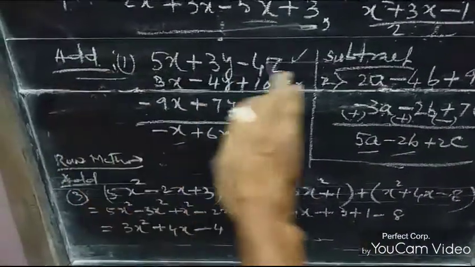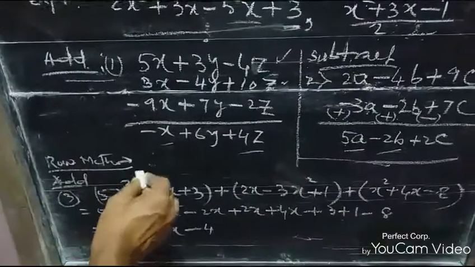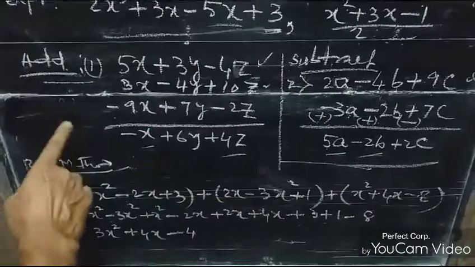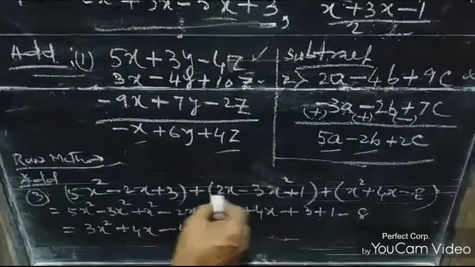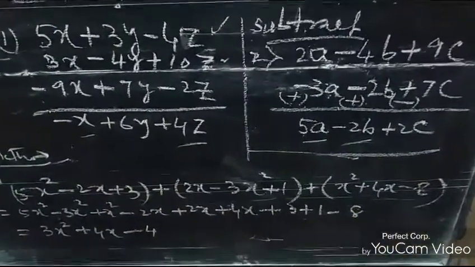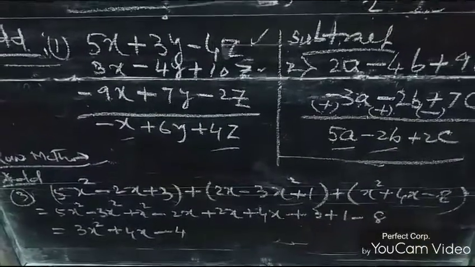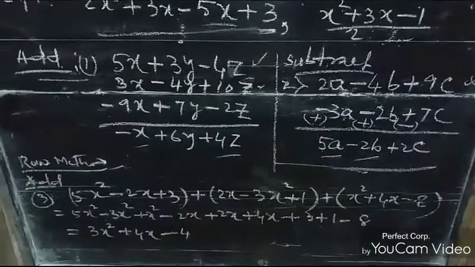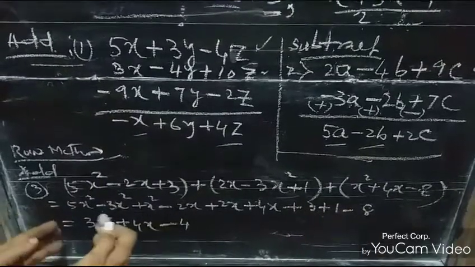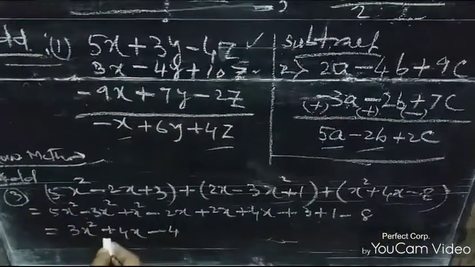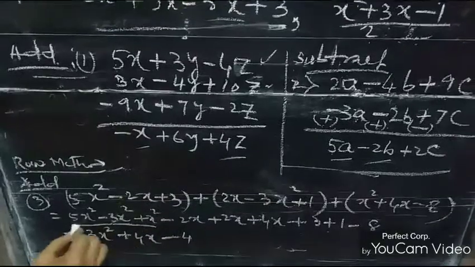Now this addition or subtraction can be done in the row method also. This is the column method, this is the row method. Suppose you have to add this expression plus this expression and also this expression. All these are algebraic expressions. We are now doing the addition over here. What we do is get all the like terms very close. Next, you do the calculation within such like terms.